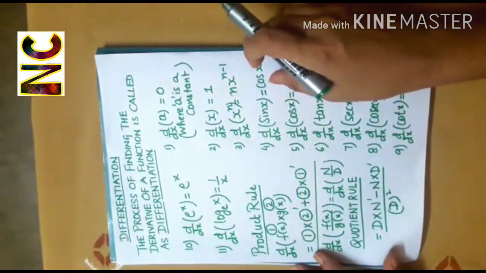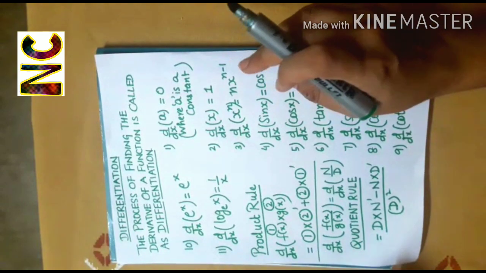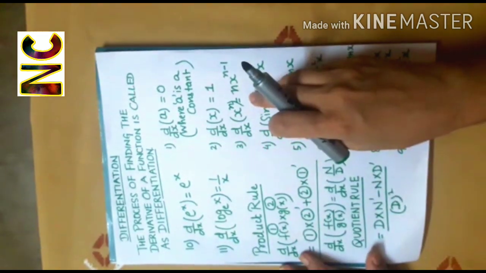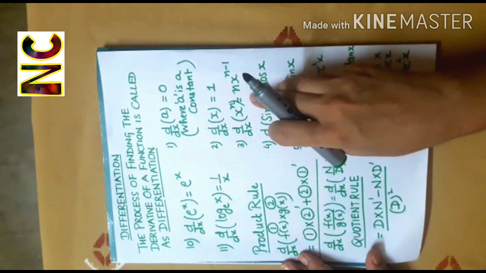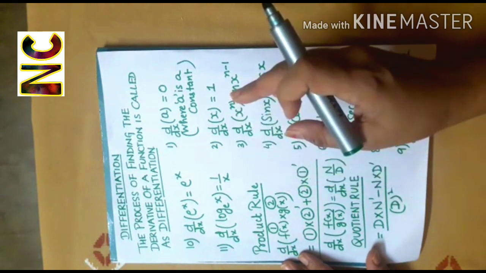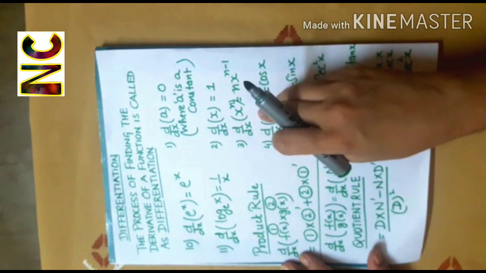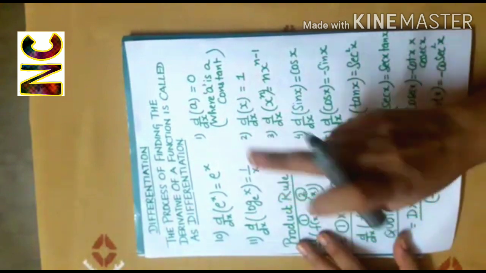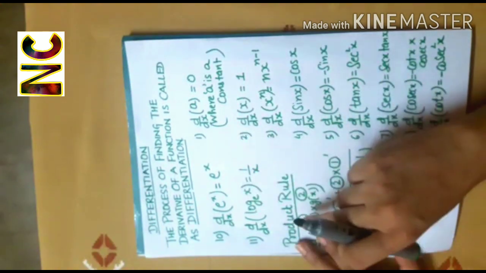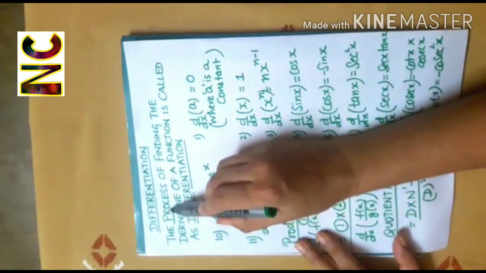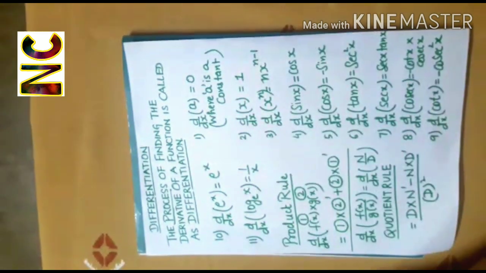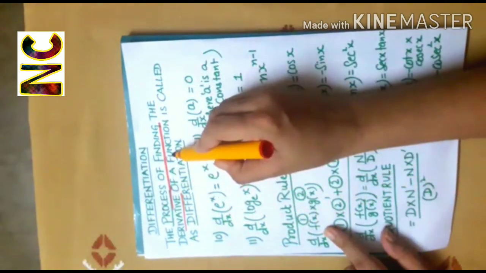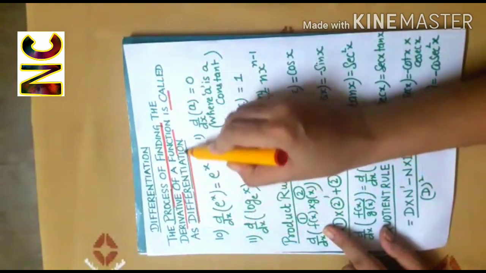So far we have discussed the derivative of a function, and we learned that every differentiable function is continuous, but every continuous function need not be differentiable. Yes, when the derivative of a function exists, then the process of finding out the derivative of a function is called the differentiation.